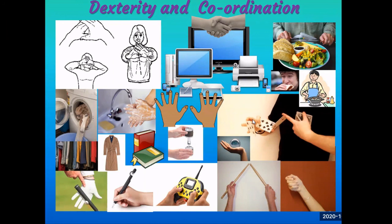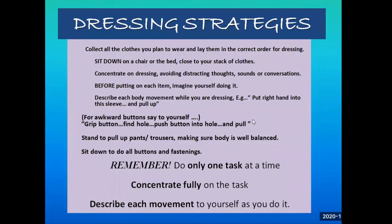So thinking about those kinds of impacts on people's lives, and then some of the things that we could do perhaps to help people. In terms of personal care and getting dressed, often the dexterity involved in getting dressed is quite challenging, and it's not unusual for people to be spending half an hour, more than an hour putting on a set of clothes. It's such a normal thing to hear from patients if you actually get into the detail and ask the question. I've heard 27 minutes, there's several times, 27, 28 minutes has been the amount of time that people have taken